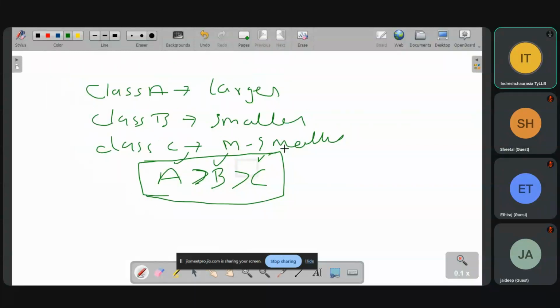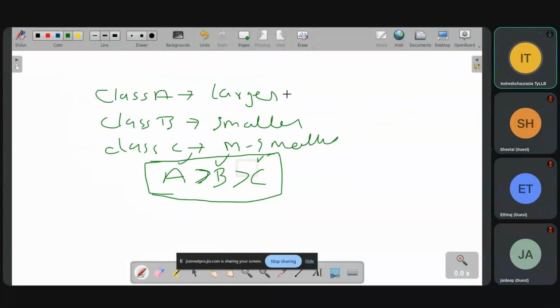So when I say class A, how is it represented? Slash 8. When I say class B, how is it represented? Slash 16. When I say class C, how is it represented? Slash 24.